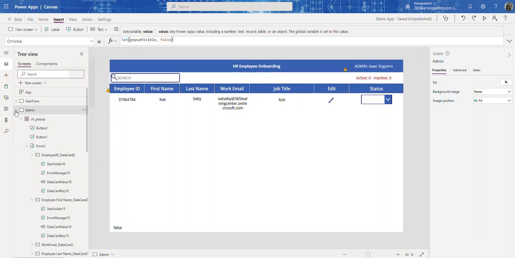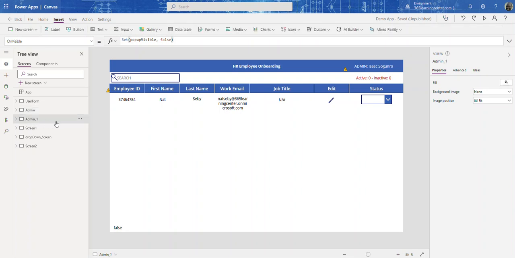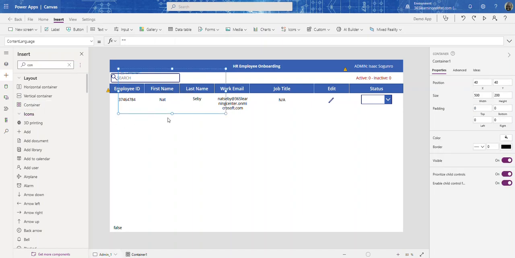So what I'm going to do is I'm going to go to I duplicated this admin screen. So let's go to the screen here. So the first thing we're going to do is let me introduce you to what is called a container. So let me just type that in here. Container. Oops. Wrong place there. So I'm gonna come here. So we have this layout, and in this layout we have these different containers, and we're gonna use this container here. So let me do this. I'm gonna add the container,